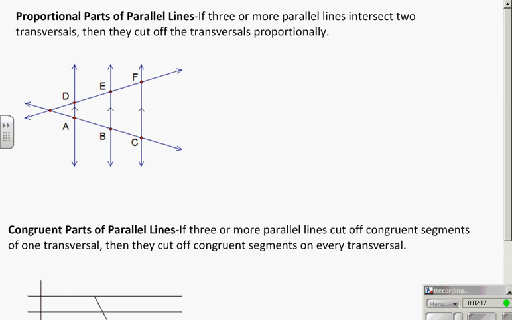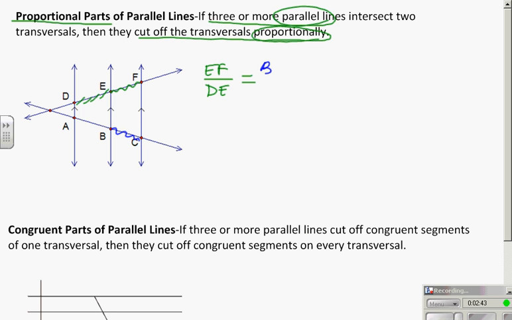Another important theorem is the proportional parts of parallel lines. Proportional parts. So if three or more parallel lines intersect two transversals, we're talking about 5 lines total, then they cut off the transversals proportionally. So that means that this little segment EF is in the same proportion to DE as the transversal over here, BC is